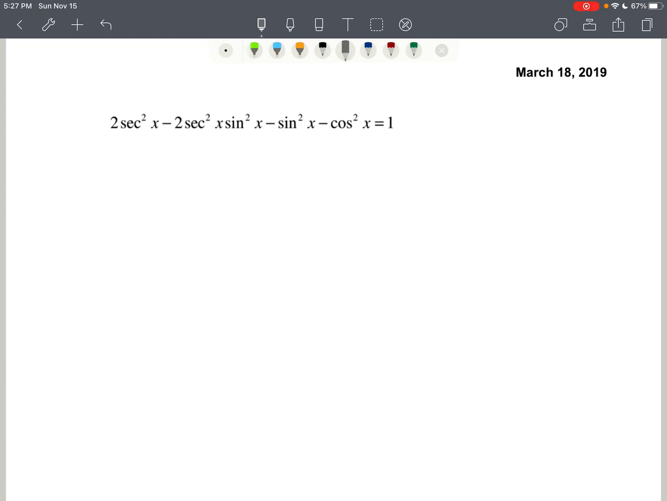And I'll give you a hint. If you don't want the hint, press pause now. The hint is that you need to think about factoring by grouping. Okay? So,